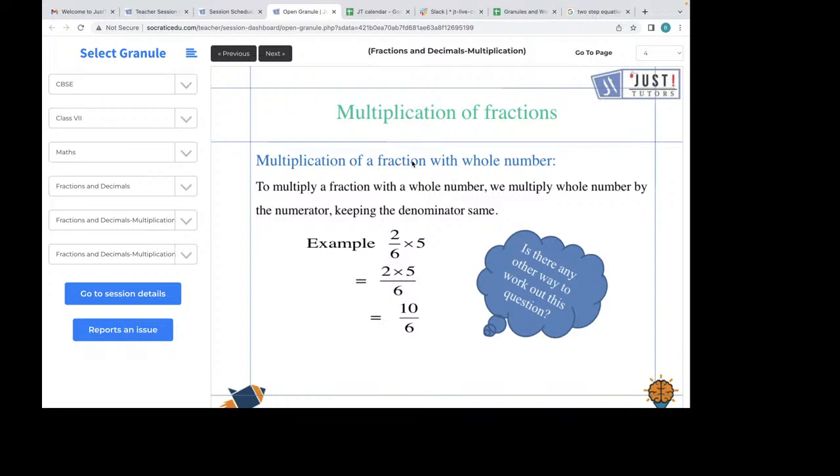So you all know about fractions, you all know about whole numbers. क्या होते हैं whole numbers? Whole numbers are the natural numbers including 0. So we have to multiply a fraction by a whole number. So how do we do that? To multiply a fraction with a whole number, we multiply the whole number by the numerator, keeping the denominator same. So what have you understood from this? To multiply a fraction with a whole number,